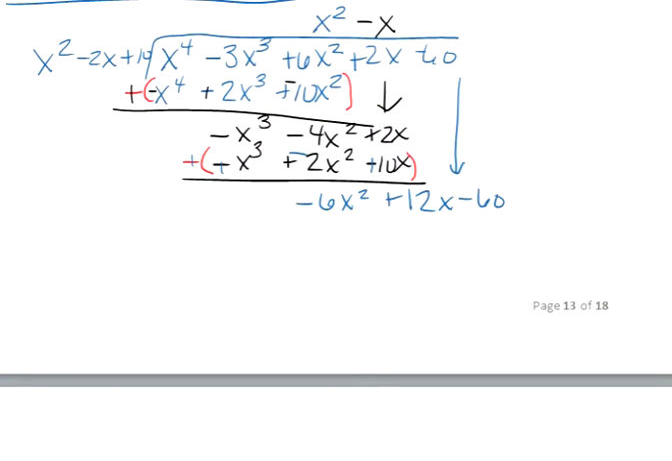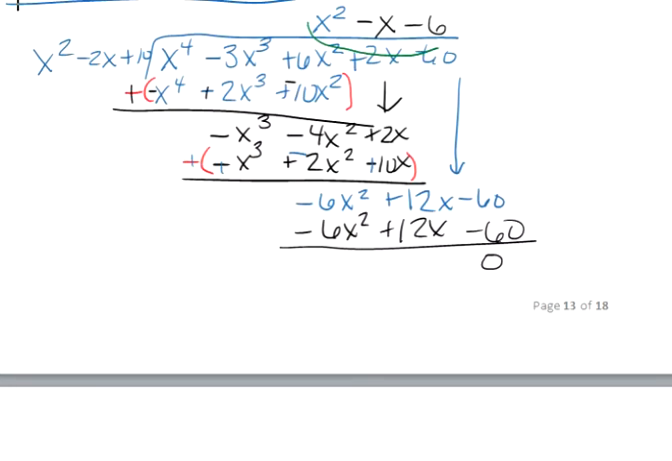Lastly, we need to figure out how many times x squared will go into negative 6x squared. This is going to be negative 6 times. Negative 6 times x squared gives us negative 6x squared. Negative 6 times negative 2 gives us positive 12x. And negative 6 times 10 is going to give us minus 60. Notice these are the exact same values, so when I subtract this, I will end up getting 0. Remember, if this is going to be a factor, we should end up getting 0 as the remainder. So this means that our final solution for the division problem is going to end up being x squared minus